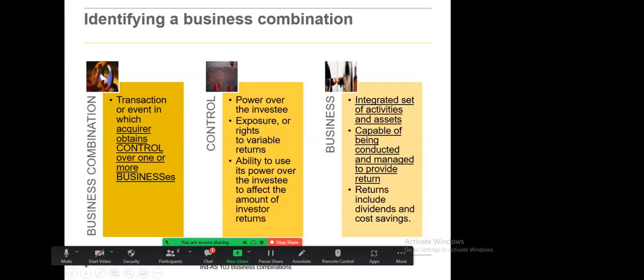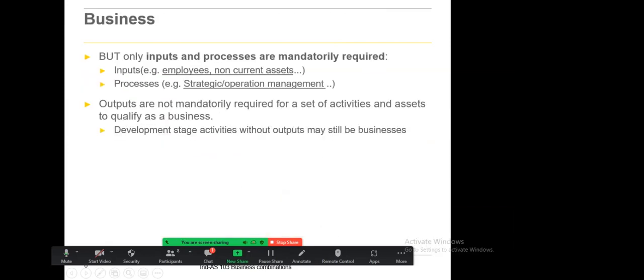So that means the first step, what we need to check is whether there is a business or not. Then the next step is we need to check for a business combination that there should be control or not. Whether the control is there or not. What we mean by control is where we have these things in the picture. Now let us understand